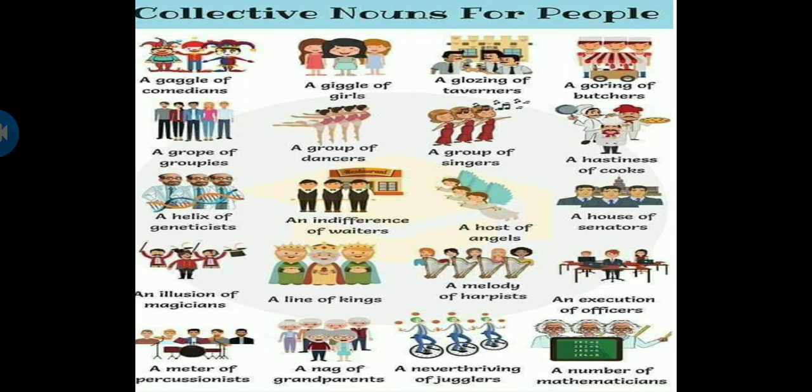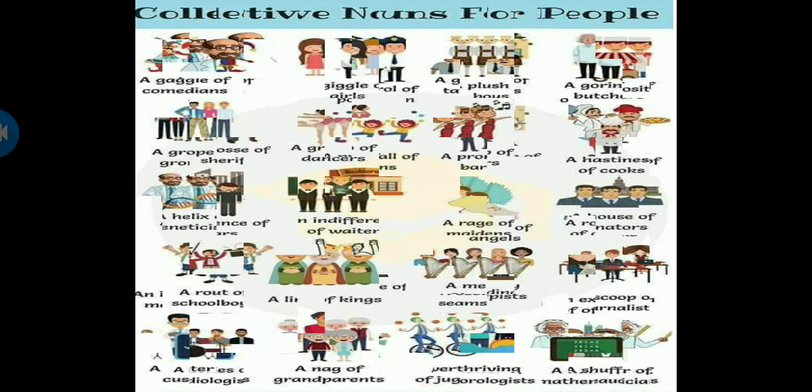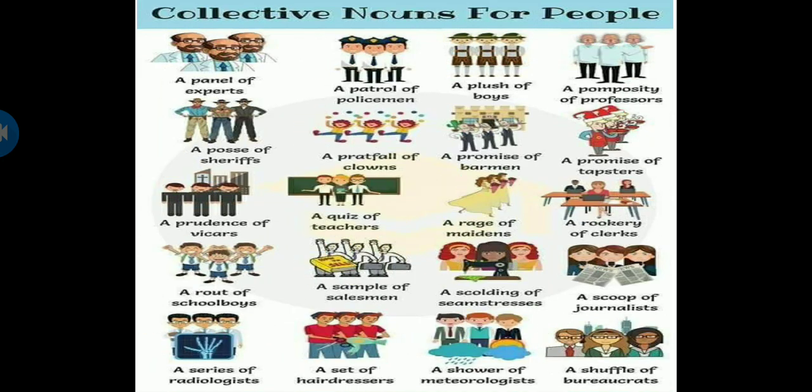magicians, a line of kings, a melody of harpists, an execution of officers, a meter of percussionists, a nag of grandparents, a never thriving of jugglers, a number of mathematicians, a panel of experts, a patrol of policemen, a plush of boys, a pomposity of professors, a buzz of sheriffs,